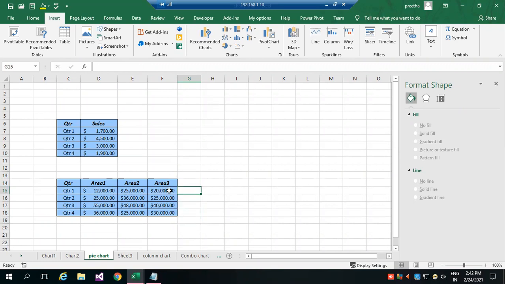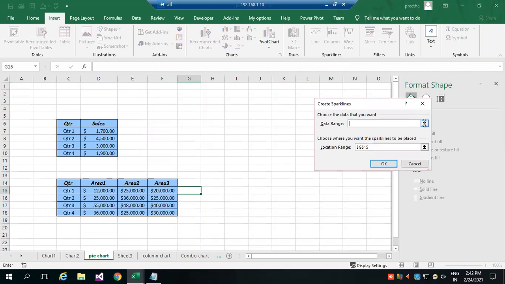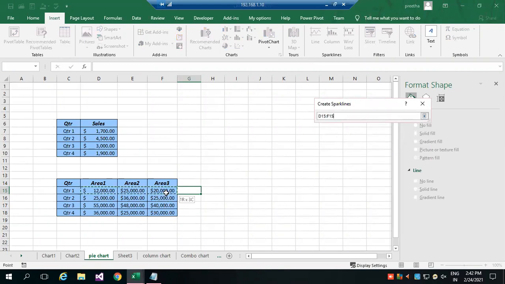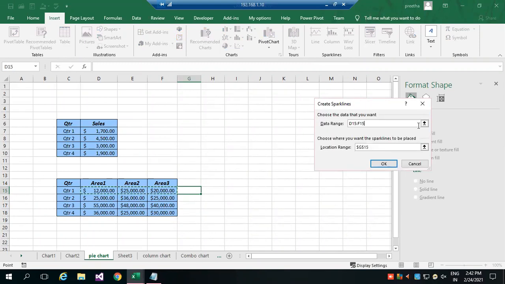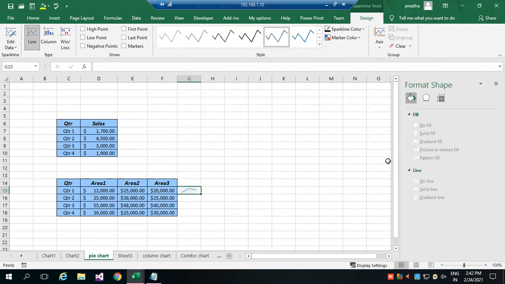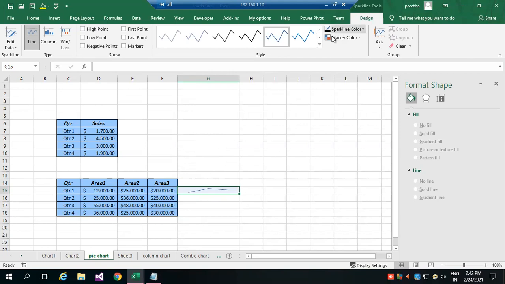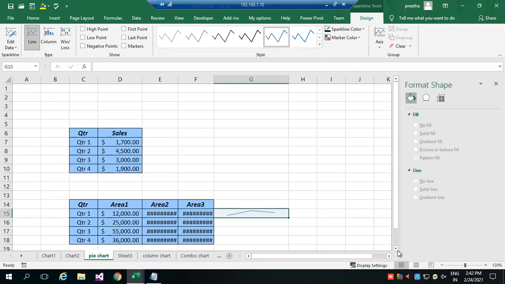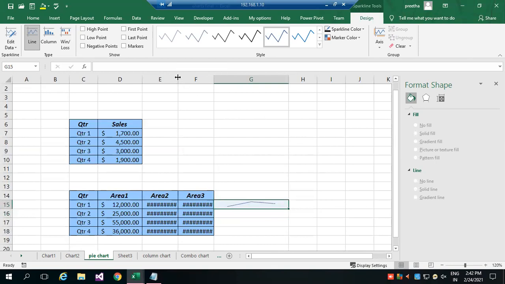I can see the analysis of this by using this spark line. What is your data range? You select. So you want to compare these 3. You can see here there is a line appearing.